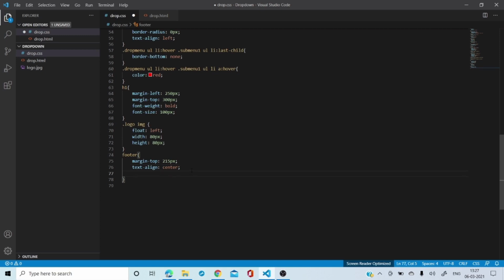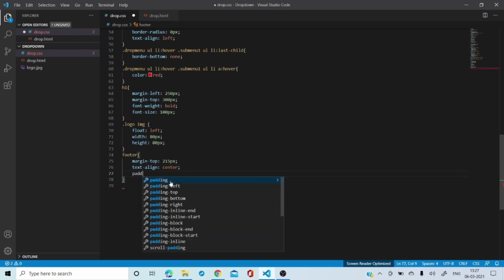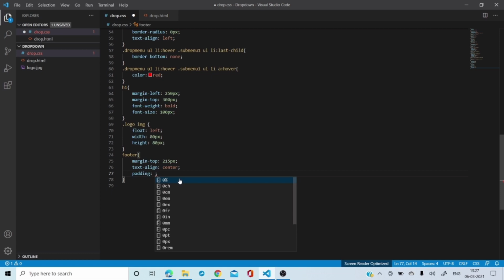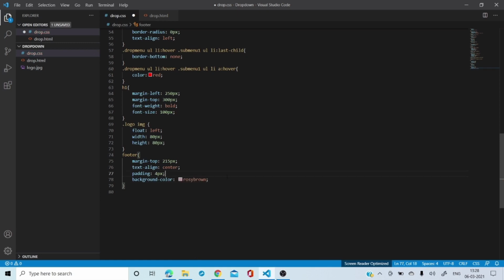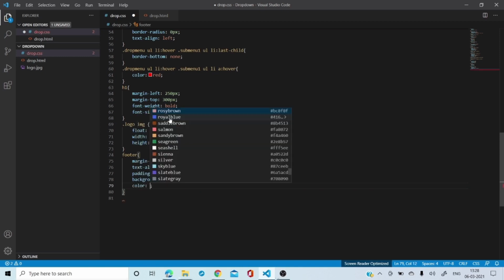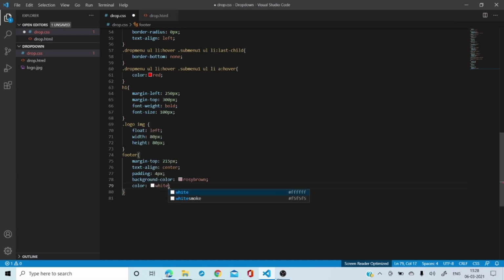I want the padding, maybe I will say 4 pixels, and in the padding I need the background, very important. What is the background color which I need? I'm going to take the same one, the rosy brown color, and my name should be displayed in some other color. So maybe I will say color, and this time I'm going to write white.